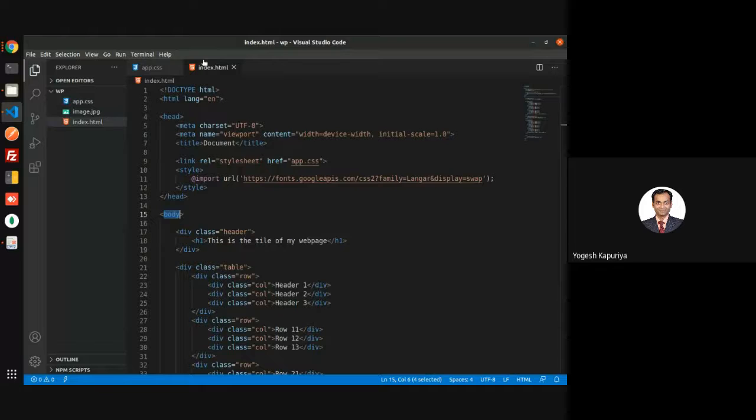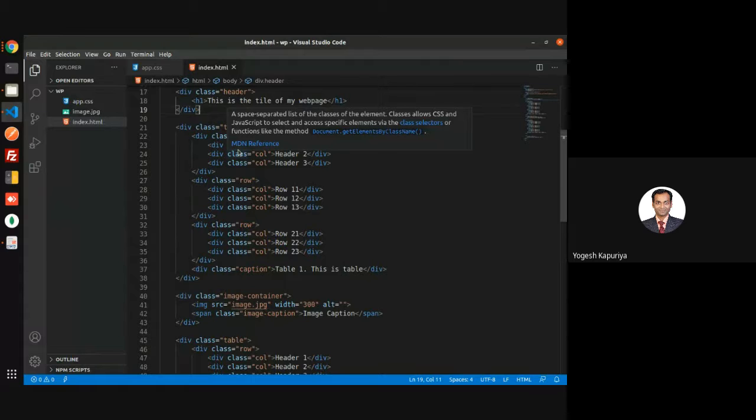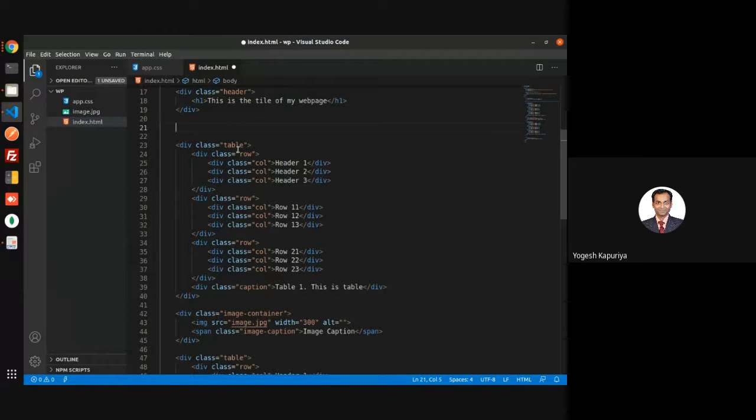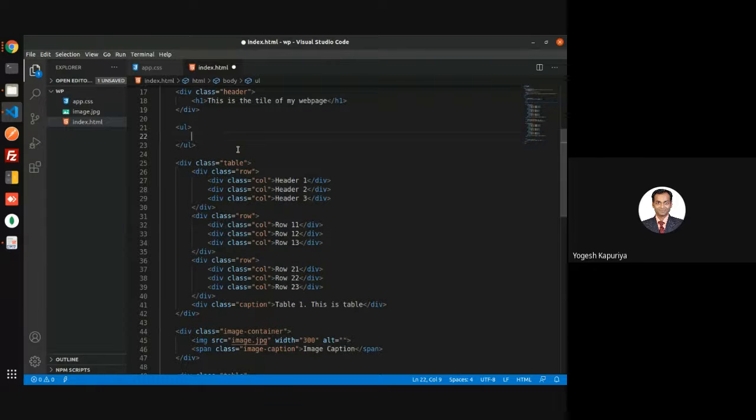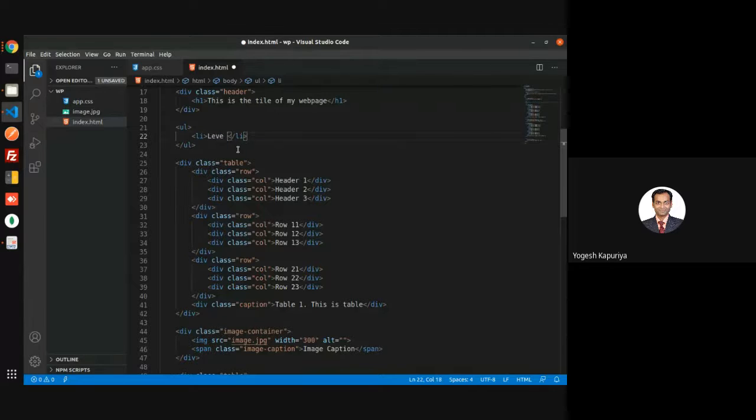Now why is this, or how is this going to help you? A great example of that is creating a menu. Let us say we want to create two level menus. So we have level 1.